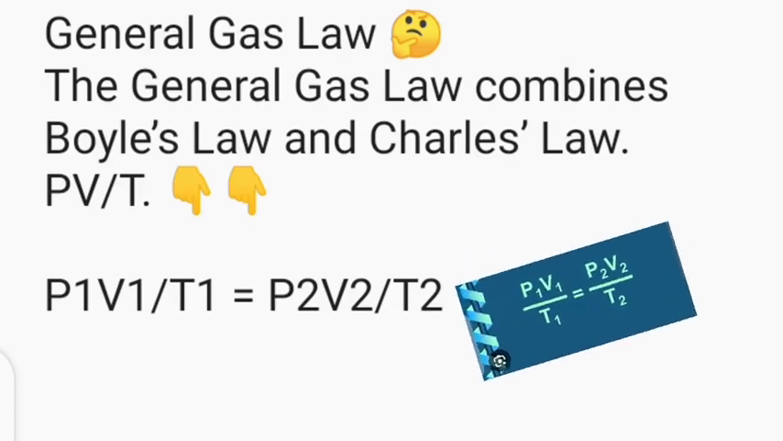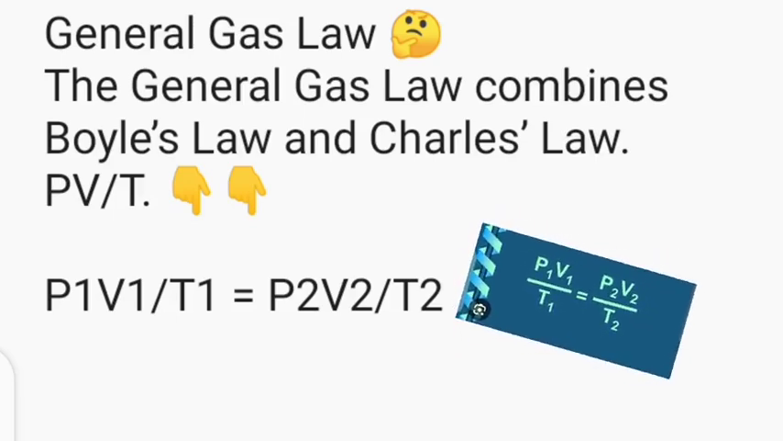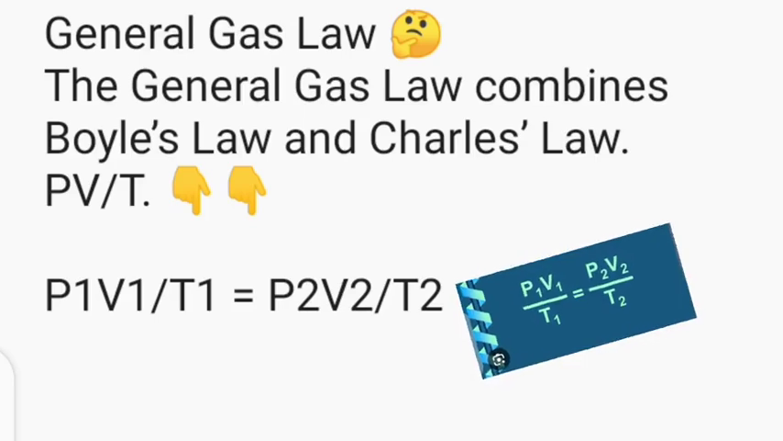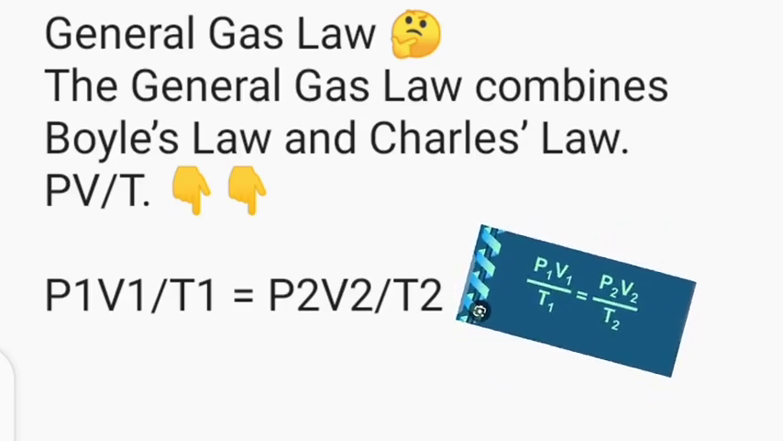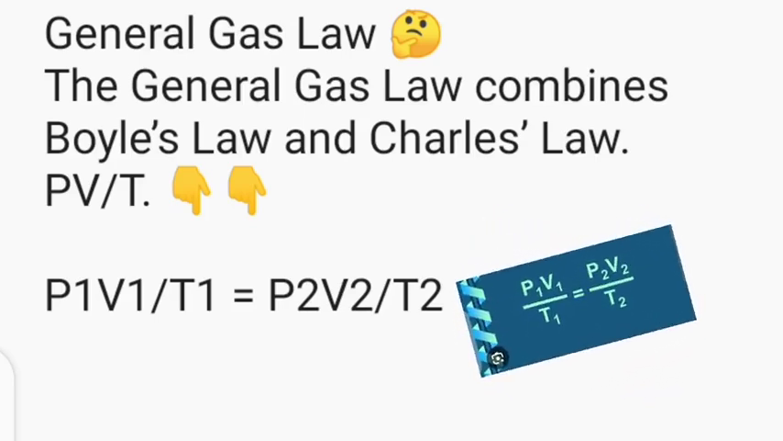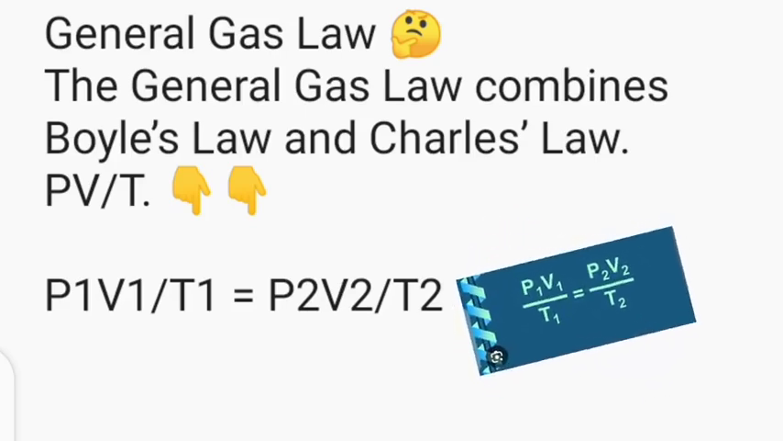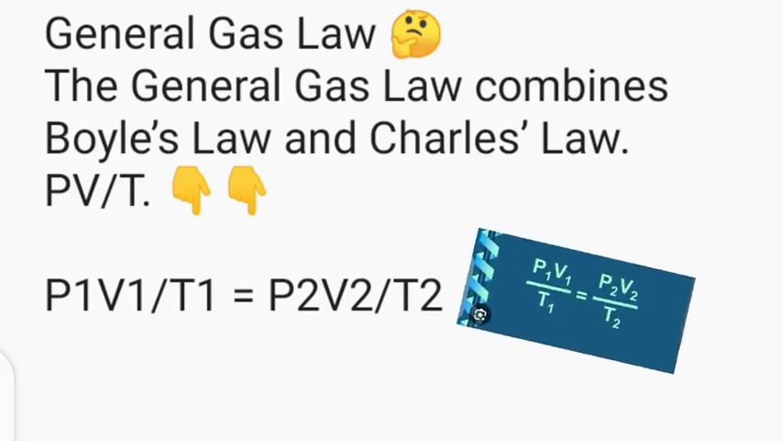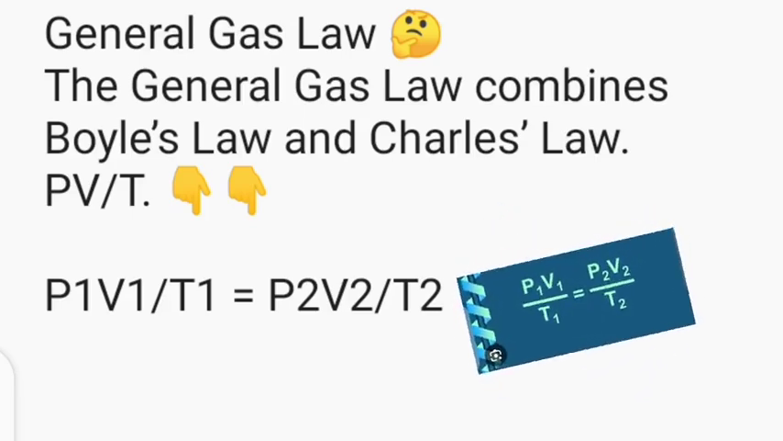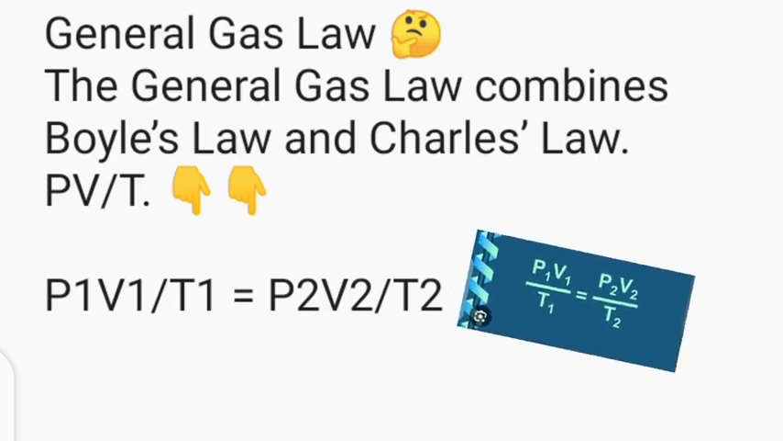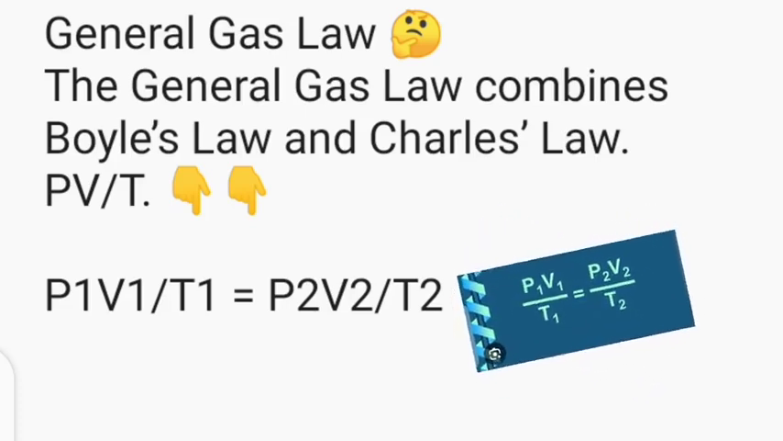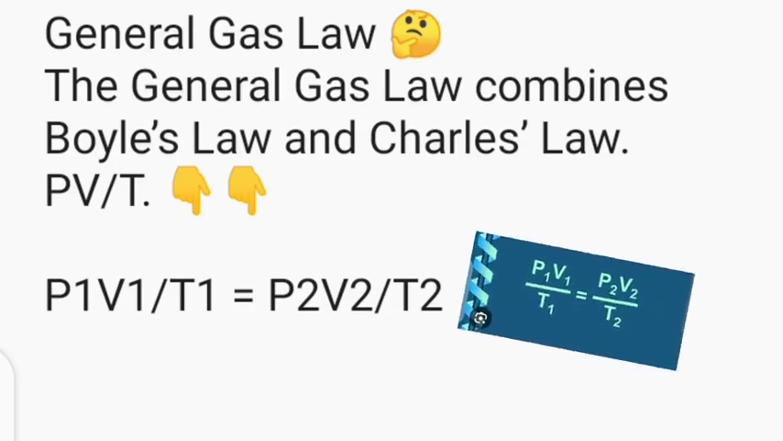Now, Boyle's law is what? P1 V1 equals P2 V2. While Charles' law is what? P1 over T1 equals P2 over T2. But this time around, if you combine the two laws, you have PV over T. Now, when you have two or more gases, then you have P1 V1 over T1 equals